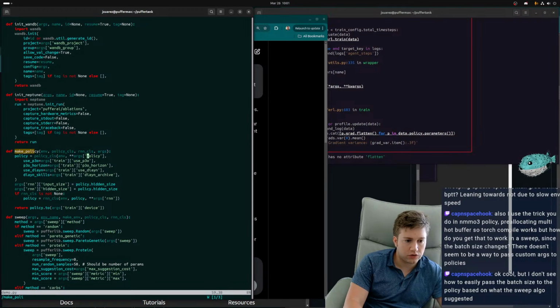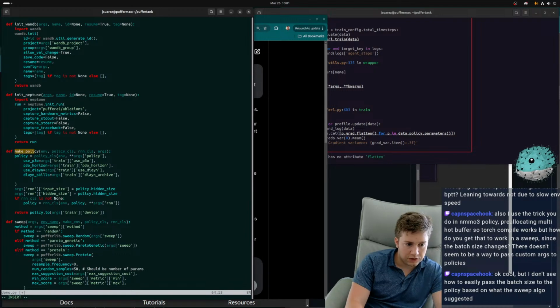Yeah, so you can just pass args of train. You can literally just do this, right?